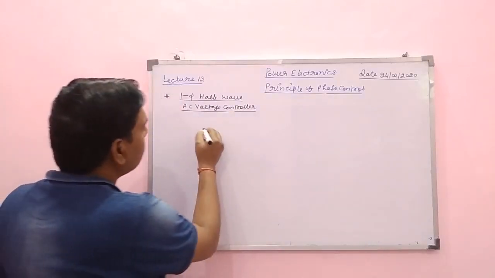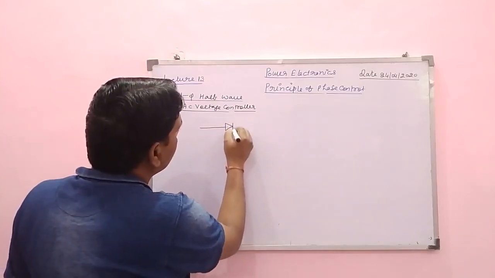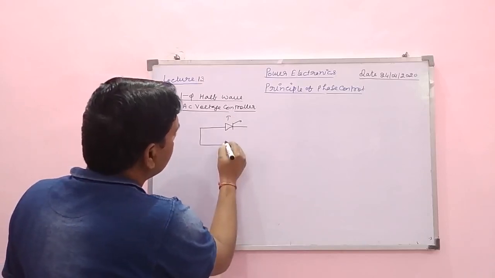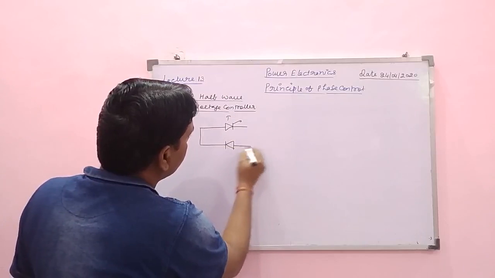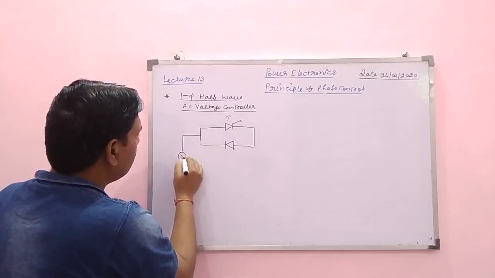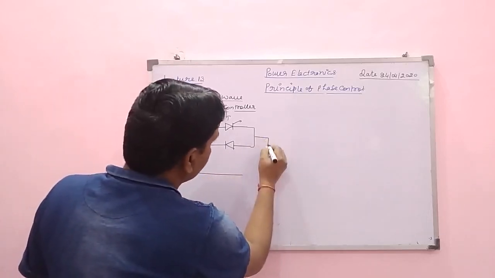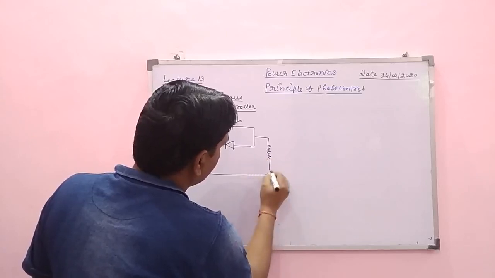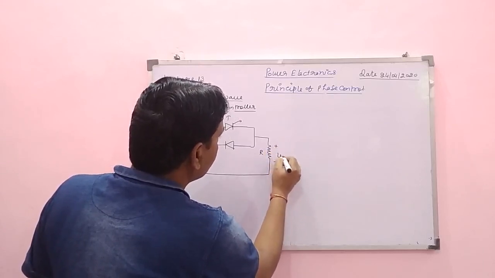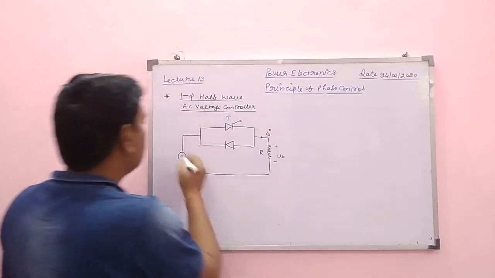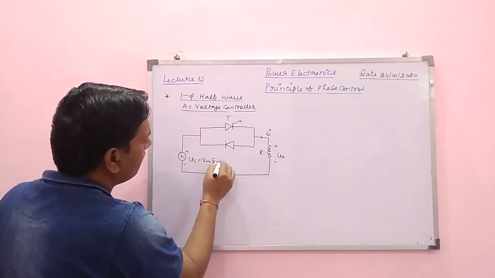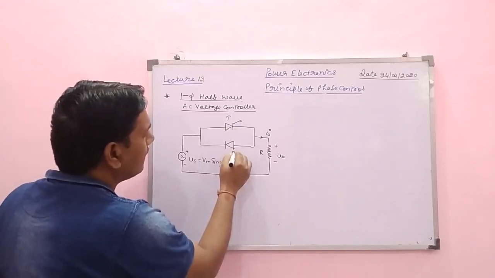So for that we will take a control switch, that is a thyristor, in anti-parallel with an uncontrolled switch like a diode. These are connected here. This is the input AC supply, and suppose the load is a resistive load R, like that. Plus minus, this is the output voltage, this is I0, and this is the supply voltage Vs equal to Vm sin omega t. This is the thyristor and this is the diode.